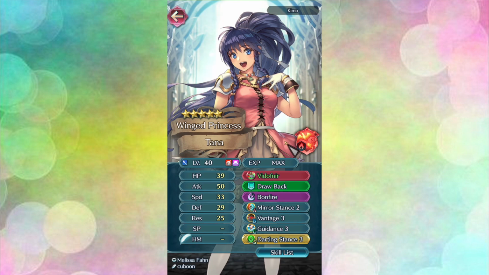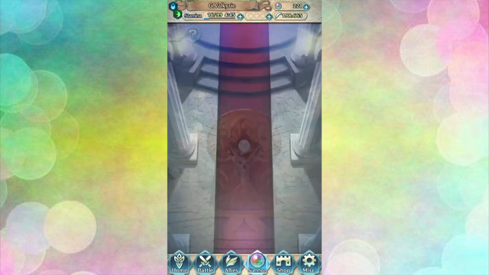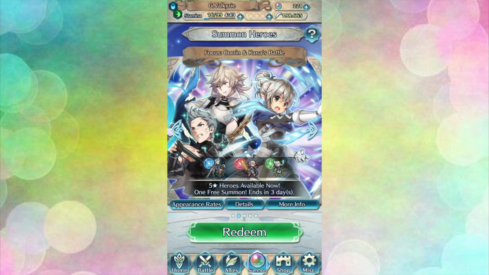Bonfire is a great special for her, considering the boost that she gets from Vidofnir against melee units. Lastly, you kept Guidance, which is always a fun surprise in Arena. I found this build to be so clever. It takes full advantage of Tana's strengths and makes her a pretty unique unit. Excellent work. Okay, so now that we have reviewed those unbelievable builds, we're going to redeem a couple of free